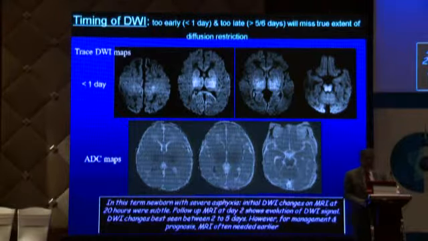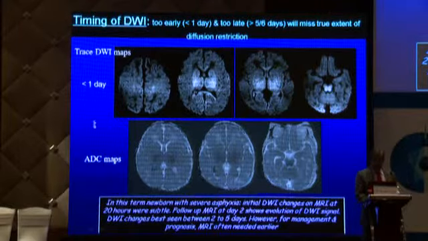So let me show you a case. This was a term newborn with severe asphyxia. We were asked to do a very early scan, less than 1 day, because often they want to withdraw care. Because if you allow the child to survive 48 to 72 hours, it sounds very gross, but this is very important for prognosis, then they start breathing on their own, and then they live a damaged life like a vegetable for whatever life they have left. But if you can withdraw care early enough, and if you can objectively prove that the brain is severely damaged, then they want to counsel the parents, go to the ethics committee and try to withdraw care.